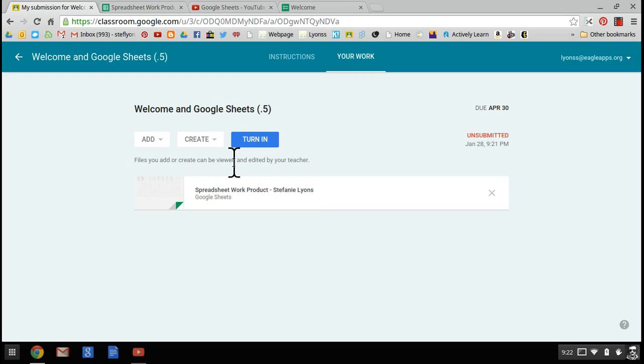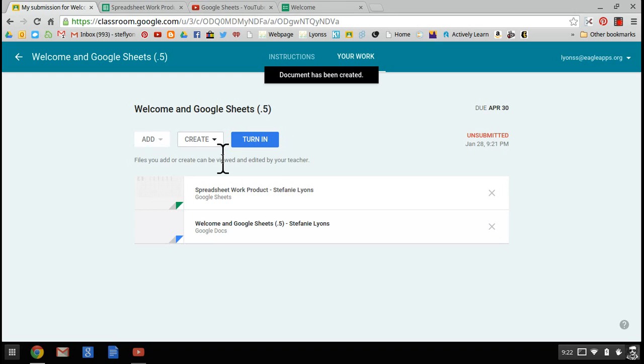You may ask your students to create something from scratch. They can do this from this screen as well. They can click create, and they can create any one of these 4 things: a document, a presentation, a spreadsheet, or a drawing. This is great if you're having students write papers. You might want them to start with a blank page. So from here they can create a document, and a document's been created,